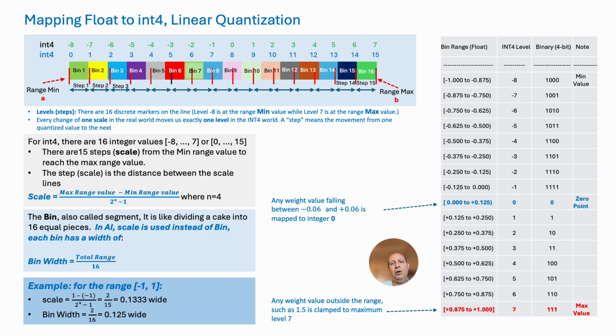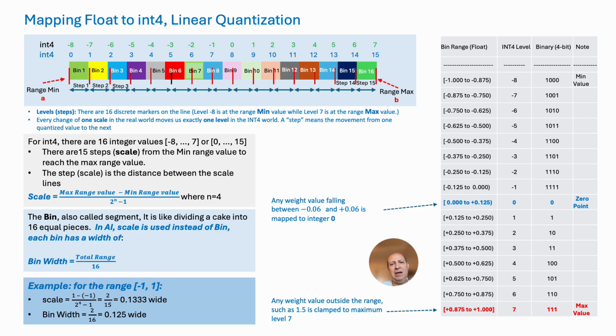The scale formula below determines how the scale is calculated for asymmetric quantization based on 16 quantized levels. And we see that 15 represents the number of steps needed to go from quantized level -8 to reach quantized level 7. You can count them actually. There are 15 steps, and this is the maximum. This number 15, you will see it in the formula. When calculating the scale, you see division by 15. This is where the 15 comes from.